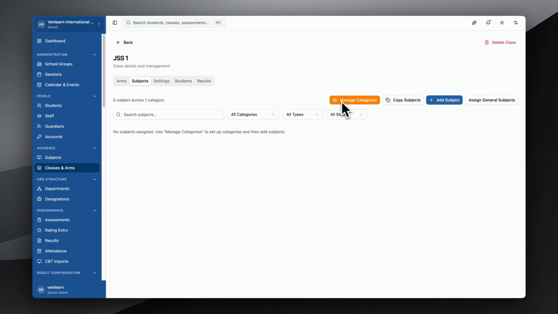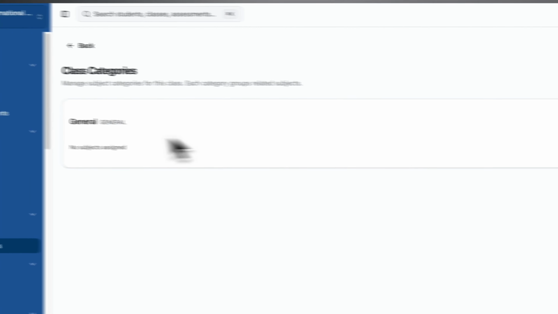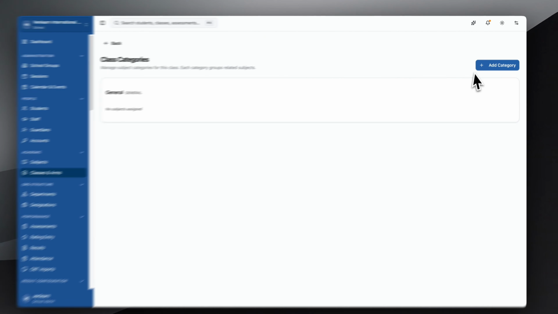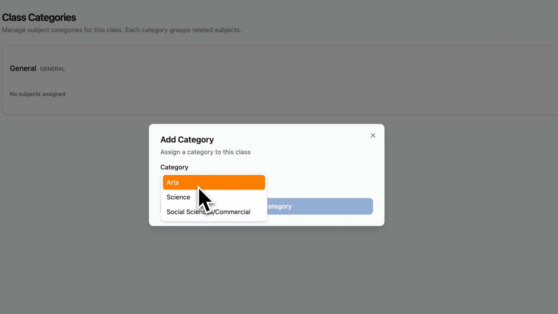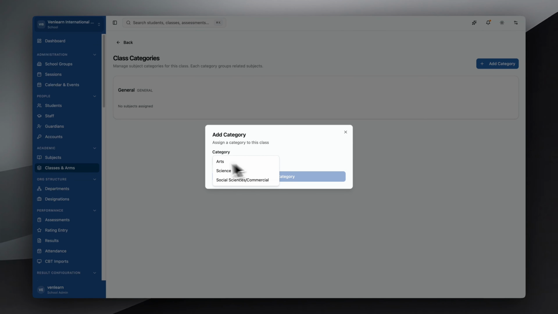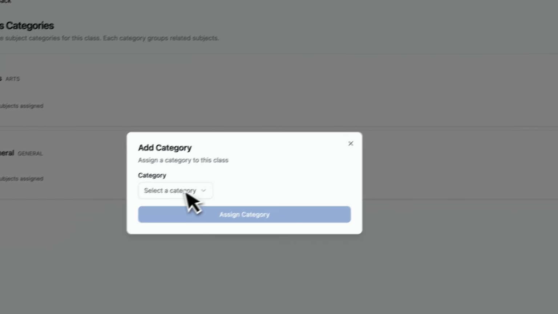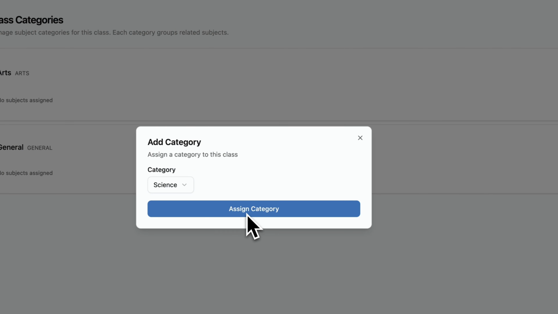What Manage Category does is this: currently there's one category, which is General, but you can create categories for different departments like science, arts, business. If you click on Create Category, there's only one category, which is the default. This category cannot be deleted, but I may decide to add categories for arts and science as well as social science. So let's actually create the categories. We've created arts, we'll create for science, and